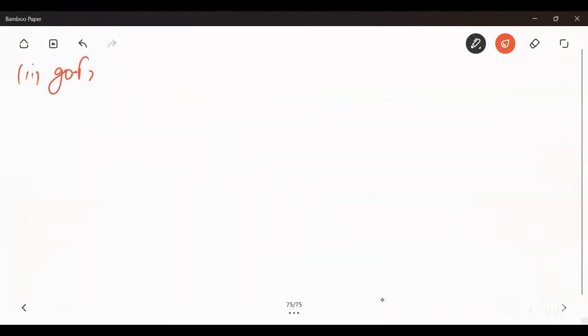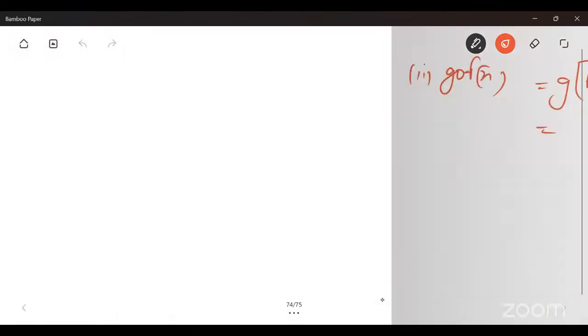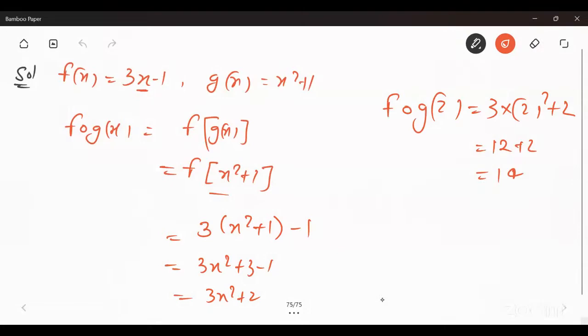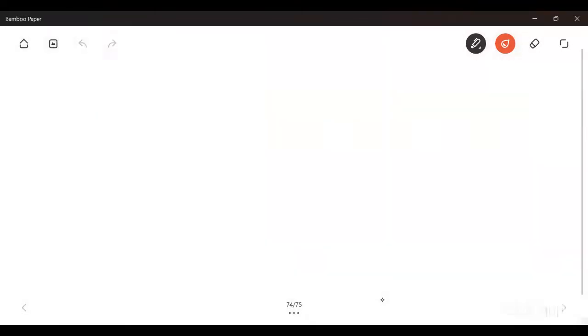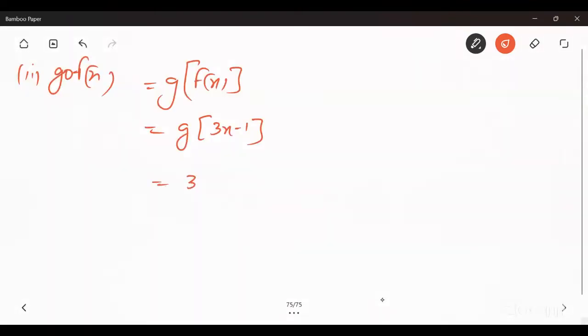g of f of x is equal to g of f(x). Now what is the value of f(x)? f(x) is equal to 3x minus 1. So g of 3x minus 1, and the value of g(x) is x square plus 1. So you have to put 3x minus 1 in place of x. So (3x minus 1) whole square plus 1, which is equal to 9x square plus 1 minus 6x plus 1, which is equal to 9x square minus